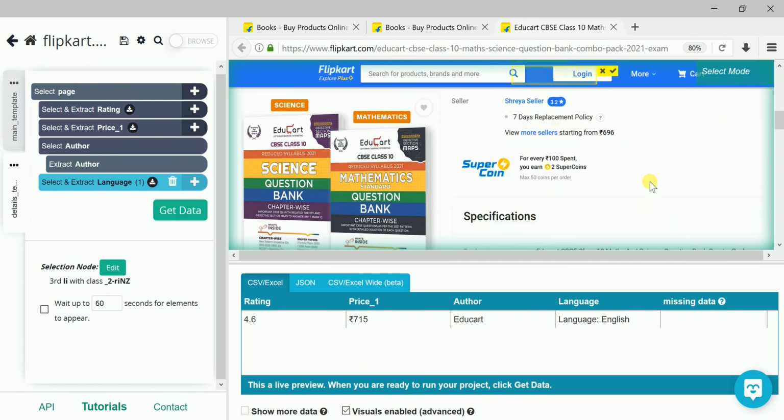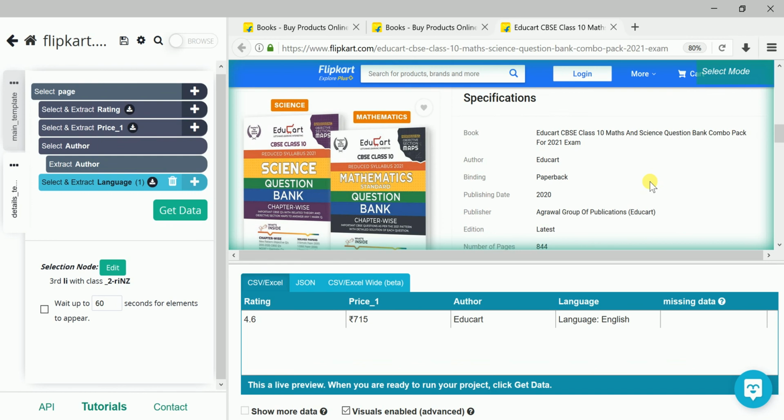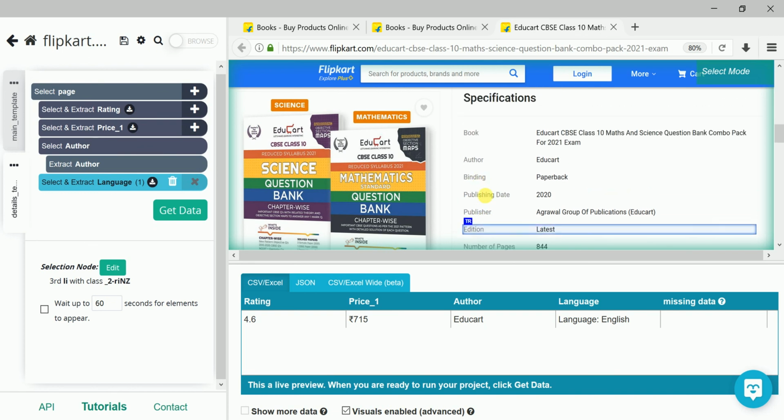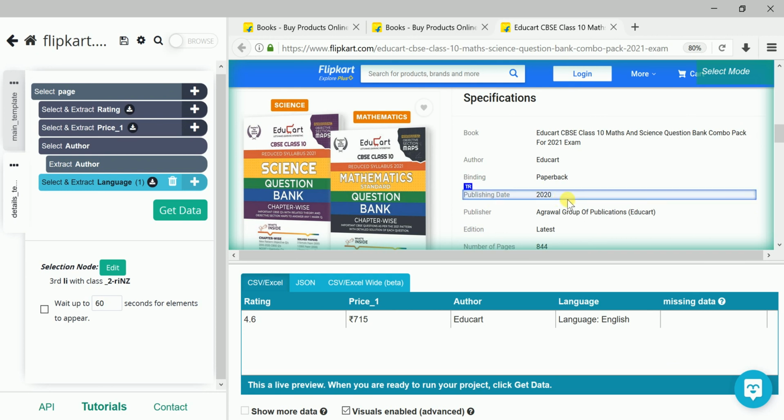Next, as I was saying, suppose I want a condition where, say, I record the data only when there is a publishing date. I'll show how we can write a condition.